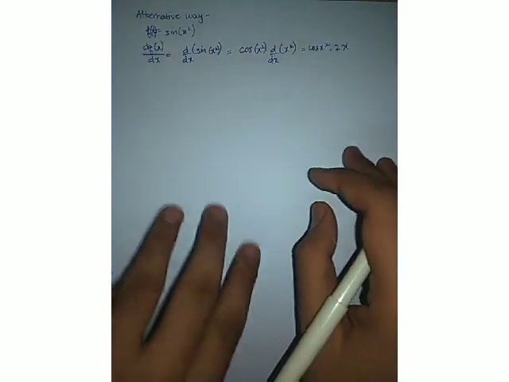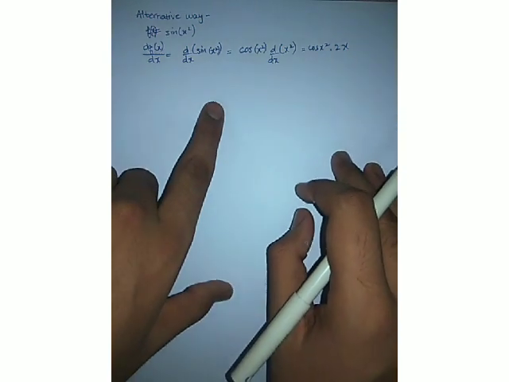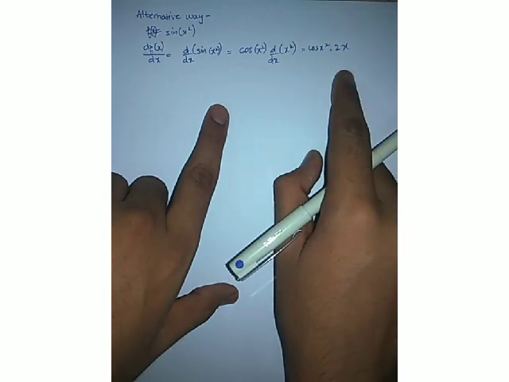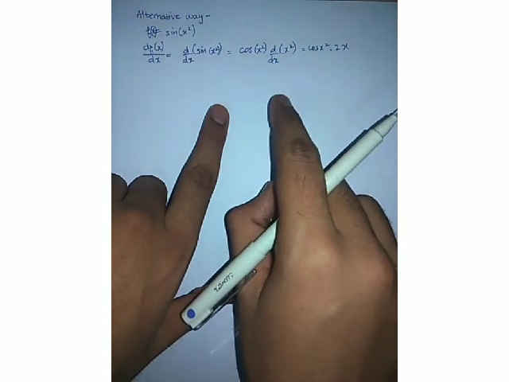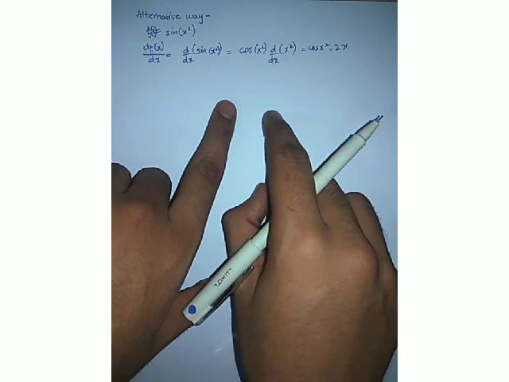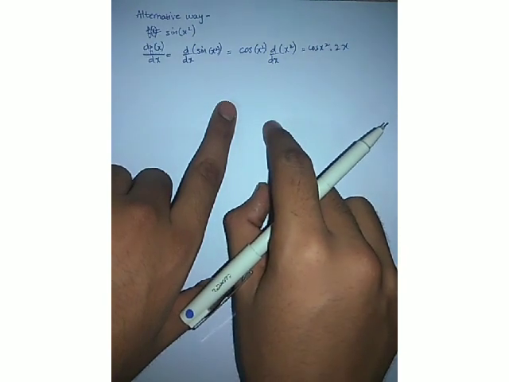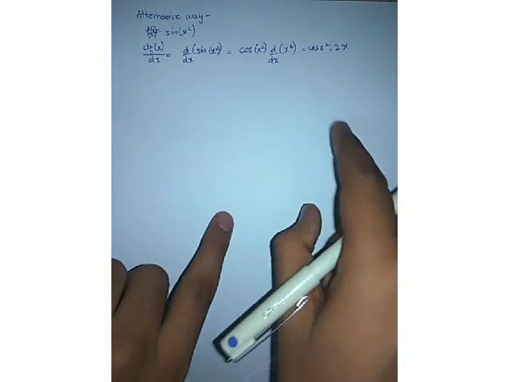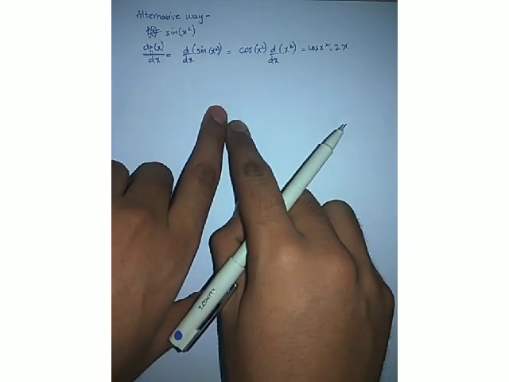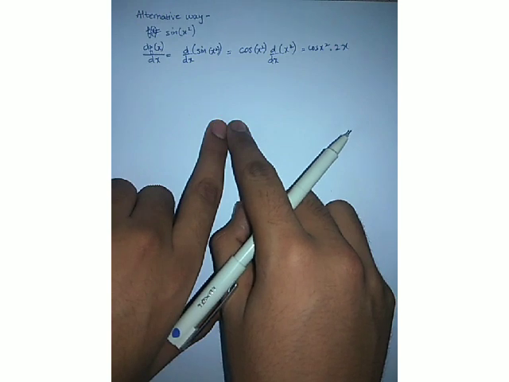Now you can see that the answer using both of the methods, the chain rule as well as the alternative and simplest way, is the same, but the method is completely different. That is why if they have asked you to apply chain rule, you have to apply chain rule. Okay, so this was about chain rule and one example related to that. We are only left with two examples of chain rule, which we will surely discuss.